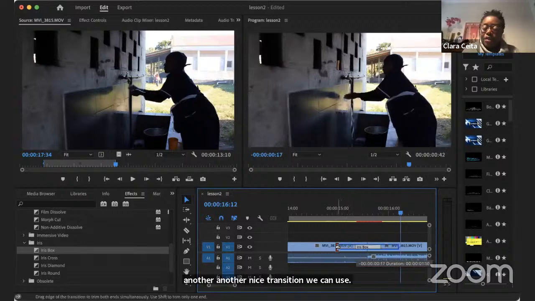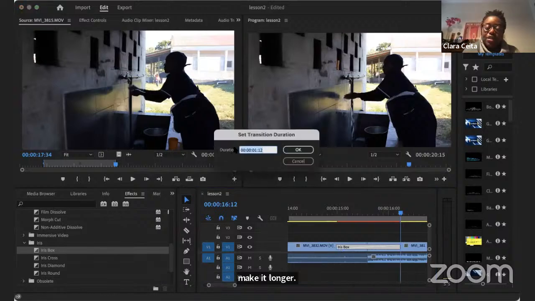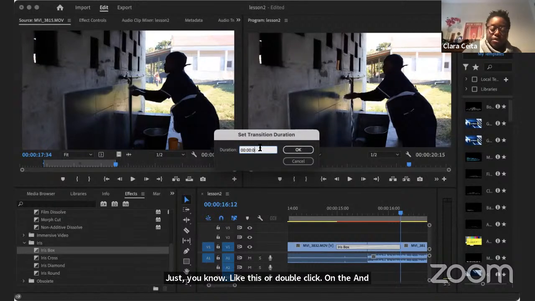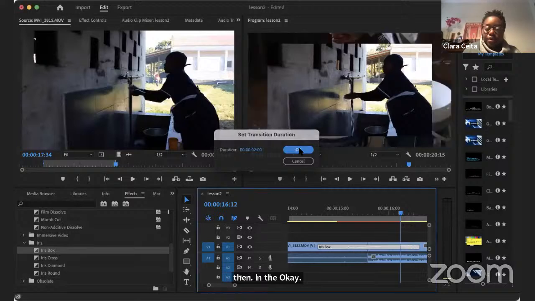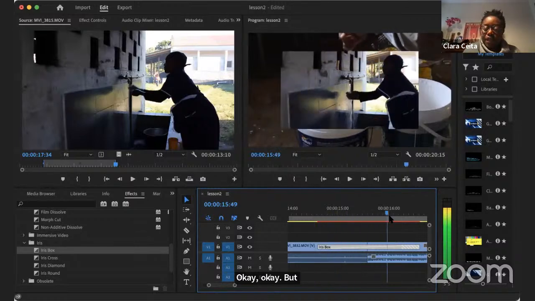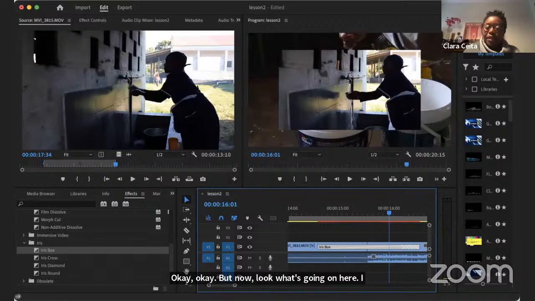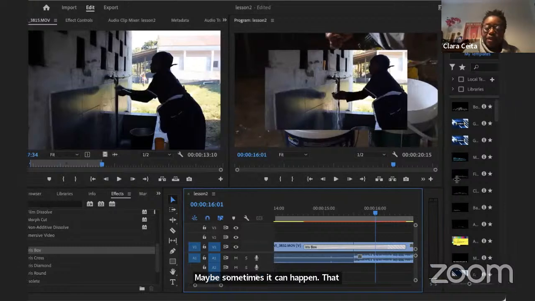If we want to make it longer, just like this, or double click on the transition, and then let's say this is going to be 2 seconds. But now look what's going on here. I have this line in red. Now maybe sometimes it can happen. That means that you need to press enter,